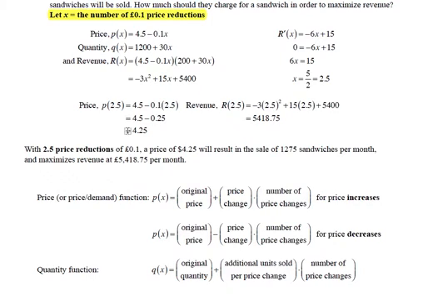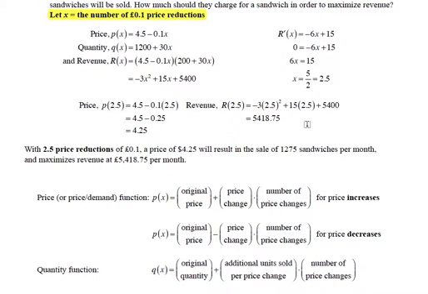And when we do that arithmetic, we come up with 4.25. Now, to find what revenue that's going to yield, we substitute 2.5 into the revenue function, and that's negative 3 times 2.5 squared plus 15 times 2.5 plus 5400. And that comes out to 5,418 pounds and 75. Gee, I don't think it's 75 cents, but it's 0.75 pounds. So that's the price, and that's the amount of